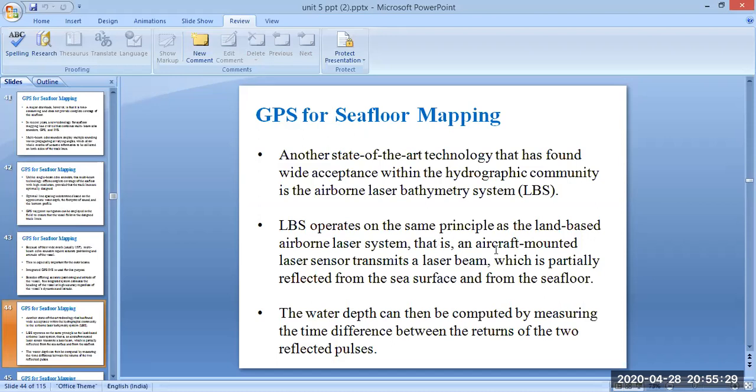An aircraft-mounted laser sensor transmits a laser beam, which is partially reflected from the sea surface and from the seafloor. The water depth can be computed by measuring the time difference between the returns of the two reflected pulses.